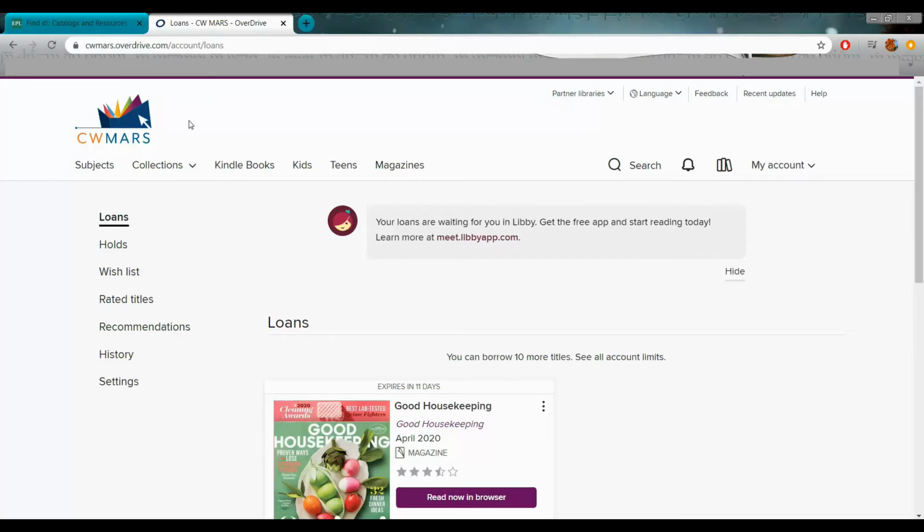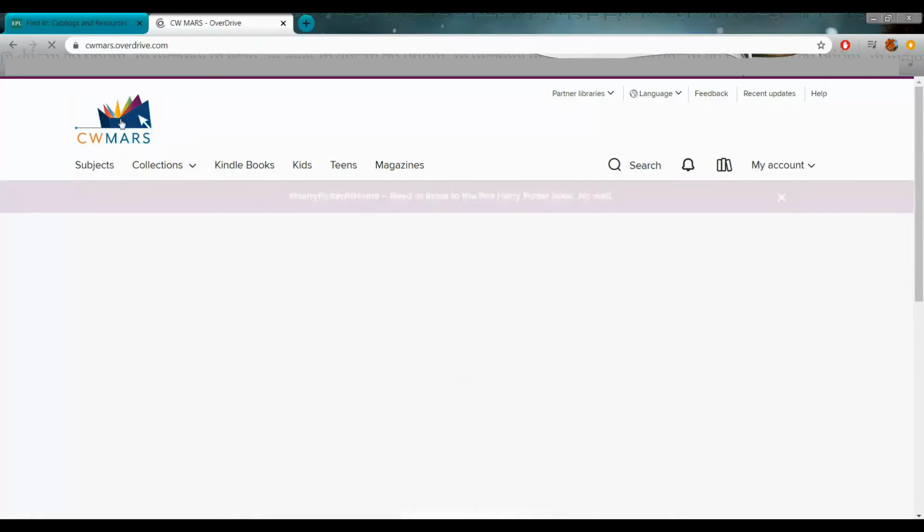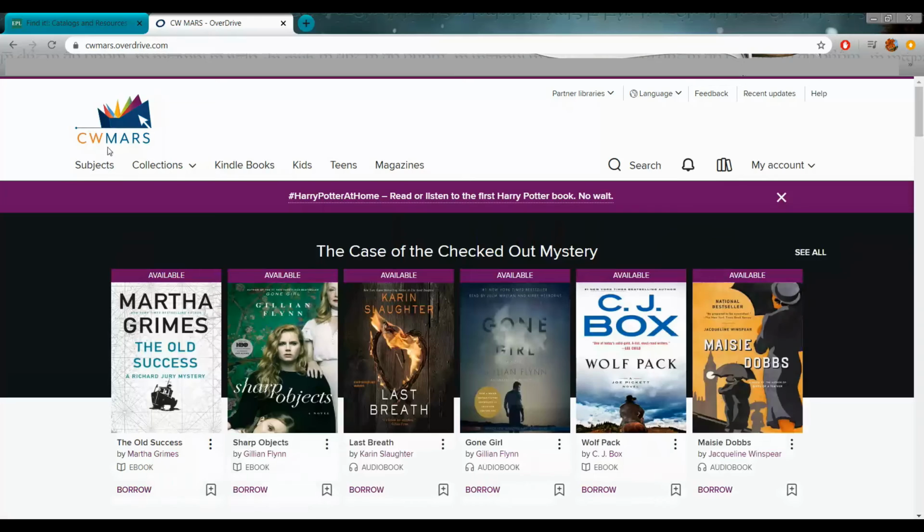At any point, if you want to return to the very home page of CWMARS Overdrive, all you have to do is click here, the CWMARS icon, and just like that, you're back on the home page. So say you would like to do some browsing. You can browse by subject